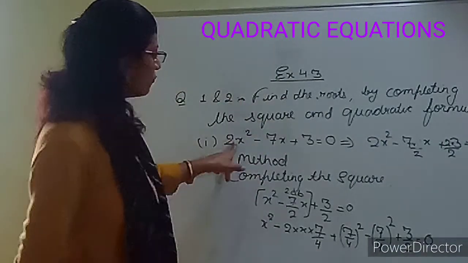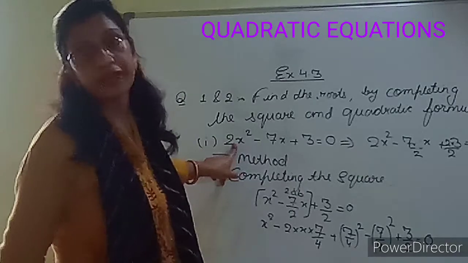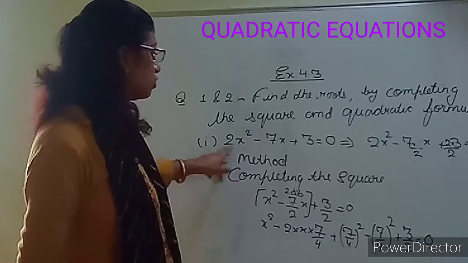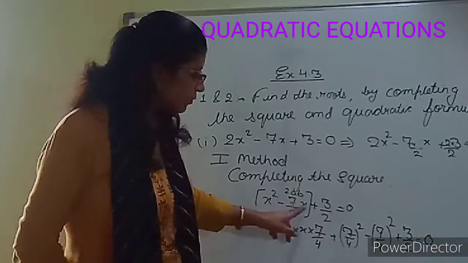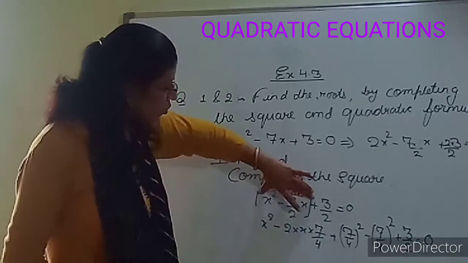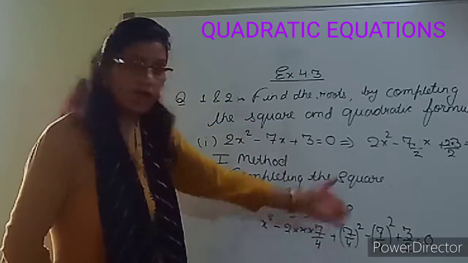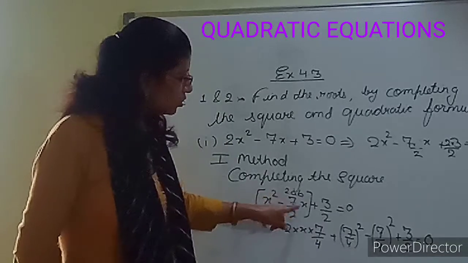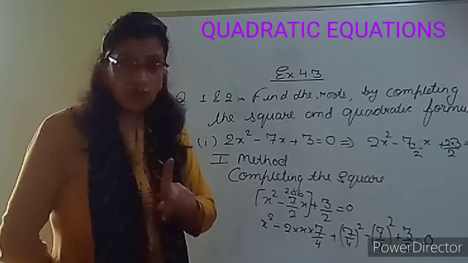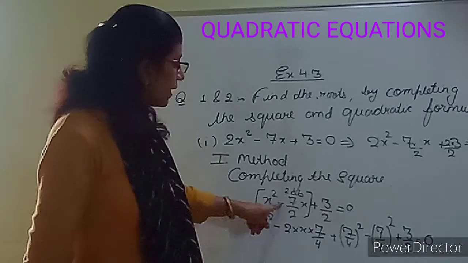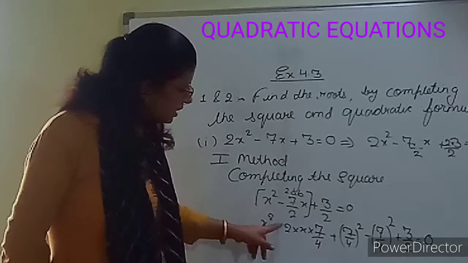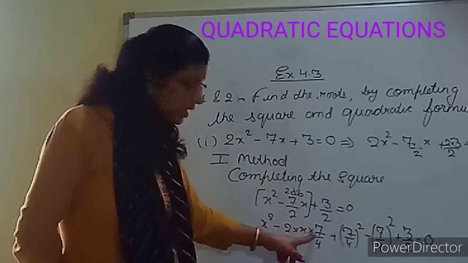Very first we have to make this x square term 1. So there is 2 extra, we have to take 2 common. So we have taken 2 common, we got x square minus 7 upon 2x plus 3 upon 2 equals to 0. फिर क्या करना है? 2 terms we have to take together और ये constant को अलग कर लेना है. This is 7 upon 2x, तो ये हमेशा 2ab होता है, but it is minus, तो a minus b whole square बनेगा हमारा. तो a square minus 2ab plus b square में फाइंड करना है, तो हम क्या करेंगे? a square minus 2 a की जगह x, b की जगह ऐसा लिखना है.